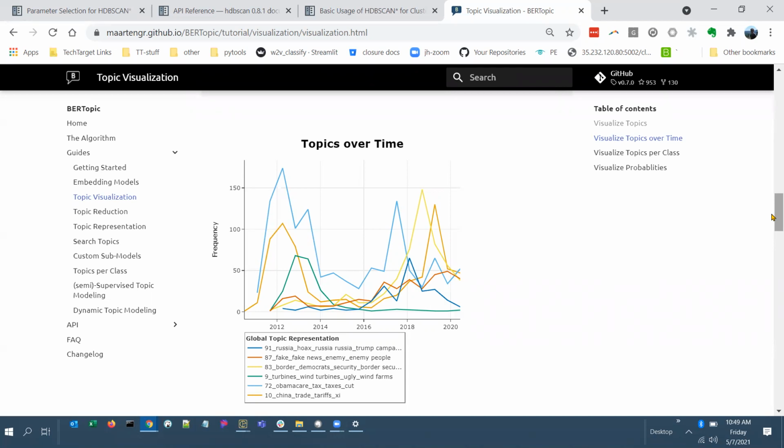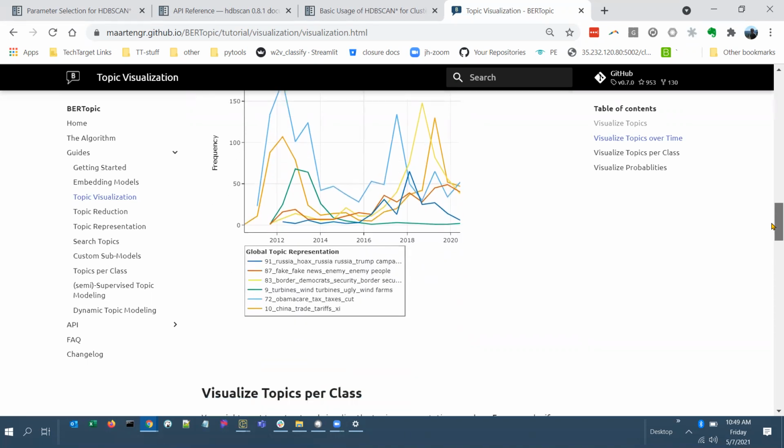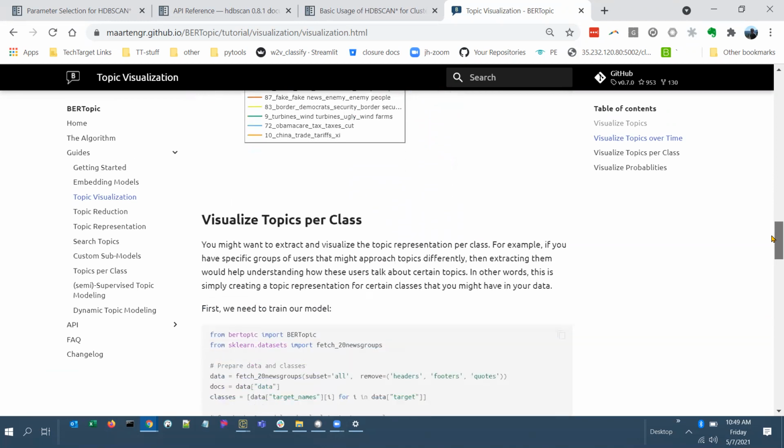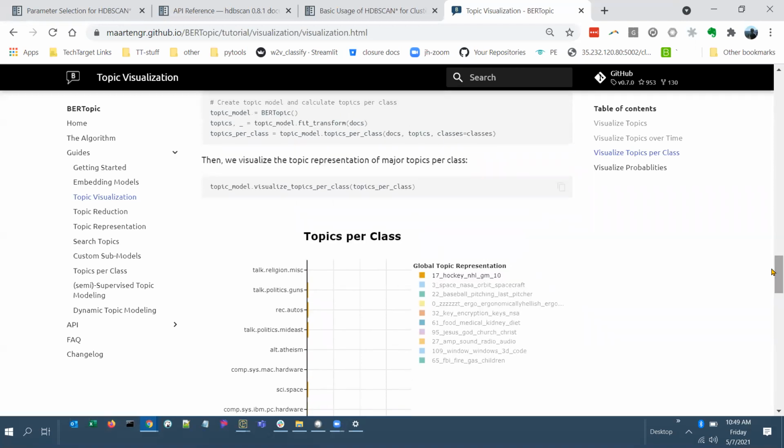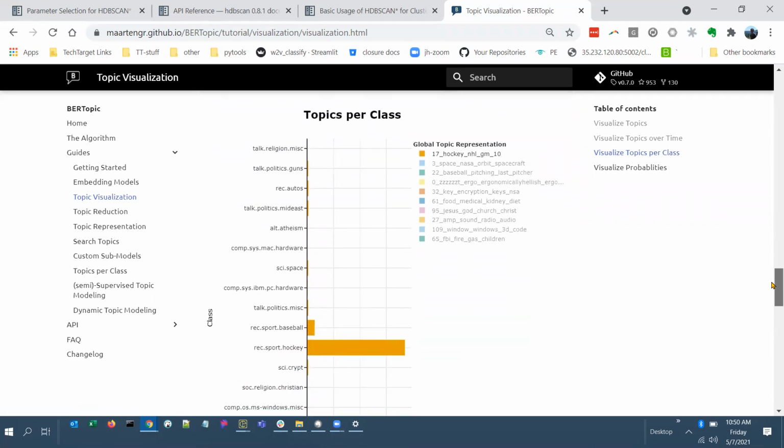Whatever that is. So here they've got all of 2011 to 2020. That's the only way you can get something that makes sense, I think. And it's kind of interesting the way they talk about how they do it. And then here's just basically where you could do a class. So for example, if your content has some broad metadata associated with it, like the department that produced it, or broad audience areas or something, this will automatically